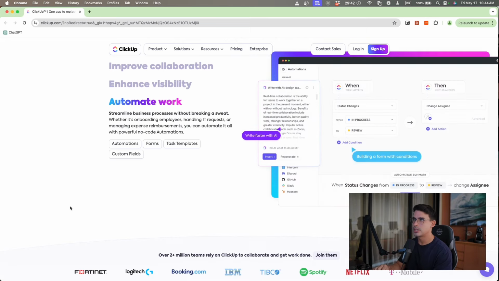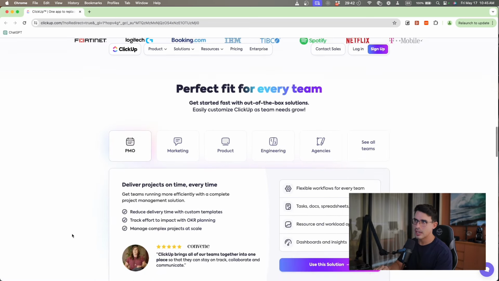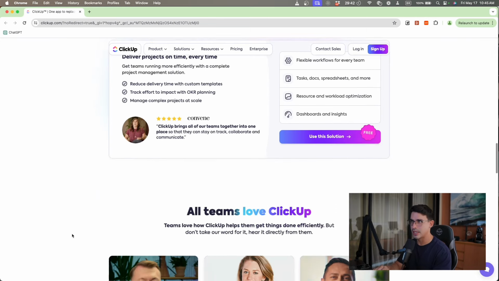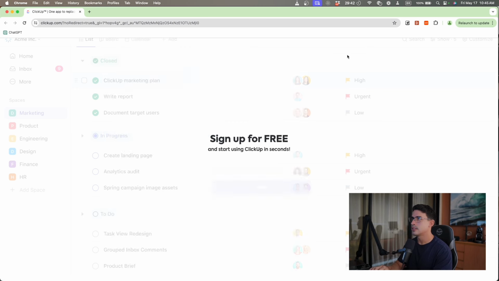You can build some automations. Honestly, the bulk of our automations in ClickUp aren't necessarily through the platform itself. We heavily rely on Zapier to do a lot of our automations, and I'm going to show you exactly how we do it. It's going to be an amazing video. So it's actually not a bad platform for the price you're paying. It's definitely worth it. And what I want to do in this video is just sign up for a trial account and actually show you more of the behind the scenes on the account that we use to manage a $100 million operation. So without further ado, let's click here to sign up.